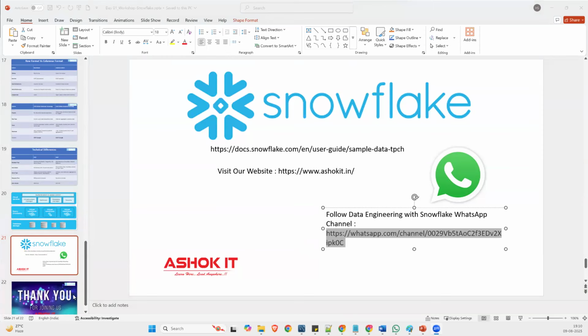So how many days will it be free? Do you mean the Snowflake account you are asking about? Yes. It is 30 days. But you can create another Snowflake account if you have another Gmail. It will not ask for your credit or debit card. Is it costly to keep the same account? No, it will not take any charge from you. After 30 days, it will ask you to upgrade, but you do not need to upgrade. You can just create another account with another Gmail.